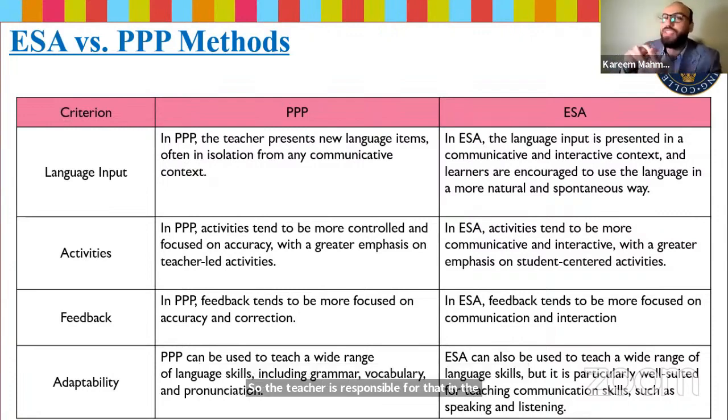In Dogme, the teacher does not give any input from his side, but rather highlights and elicits the language from them. So it's a little bit different. What they care about in the ESA is fluency, but in Dogme they care more about the emergent language. They need to prove that students can be a great source of information, and language can emerge even if the teacher did not teach it.